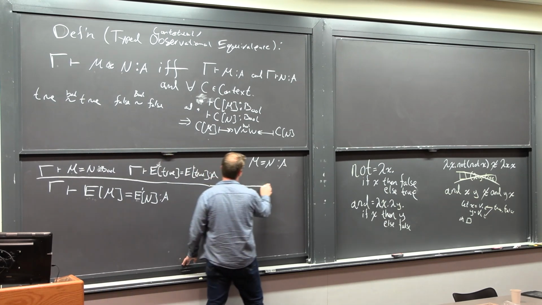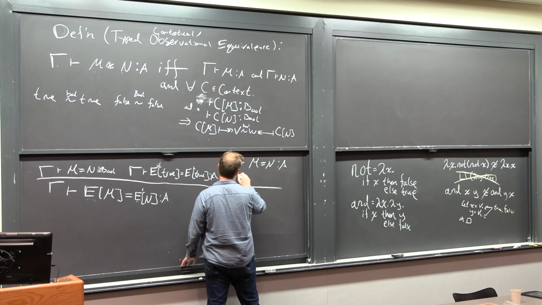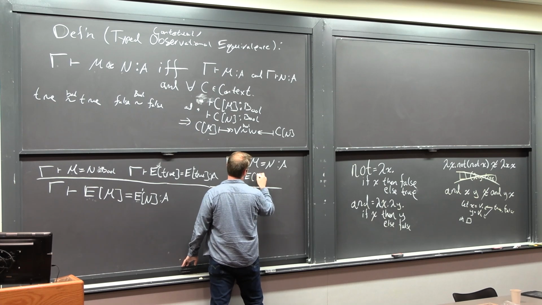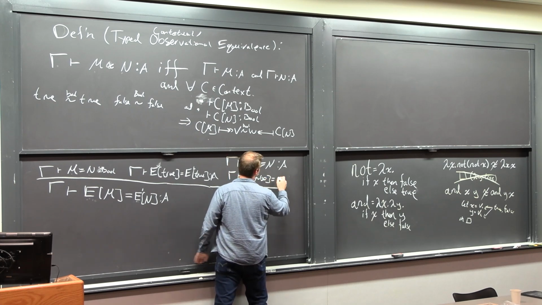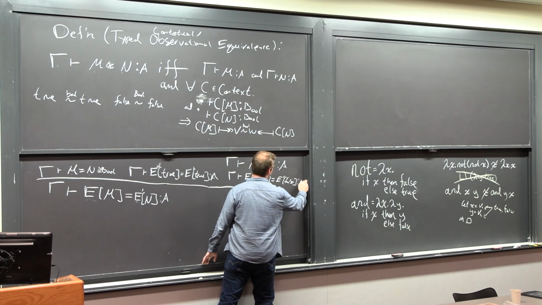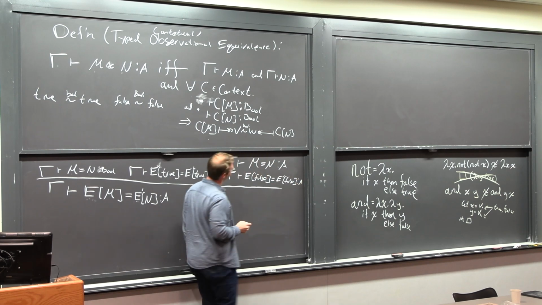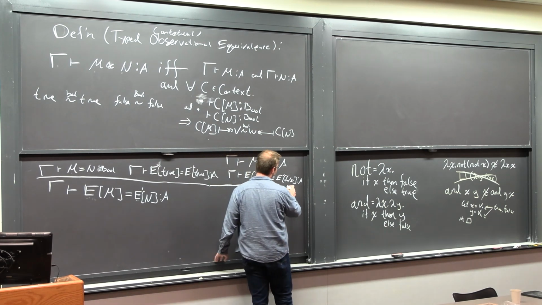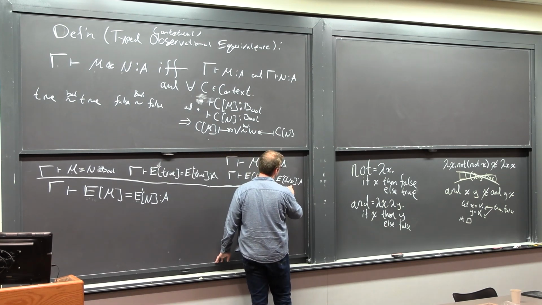And then my other premise is that E is equal to E prime when we plug in false, of type A. And if we're going to invent names for these rules, sometimes this is a rule for